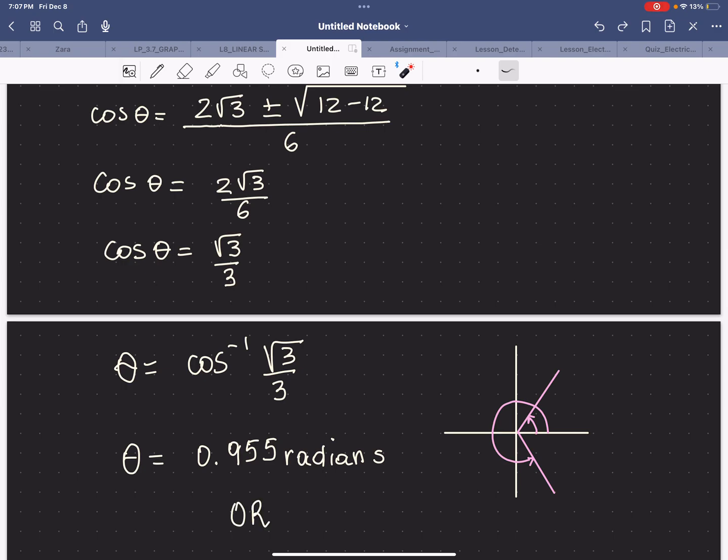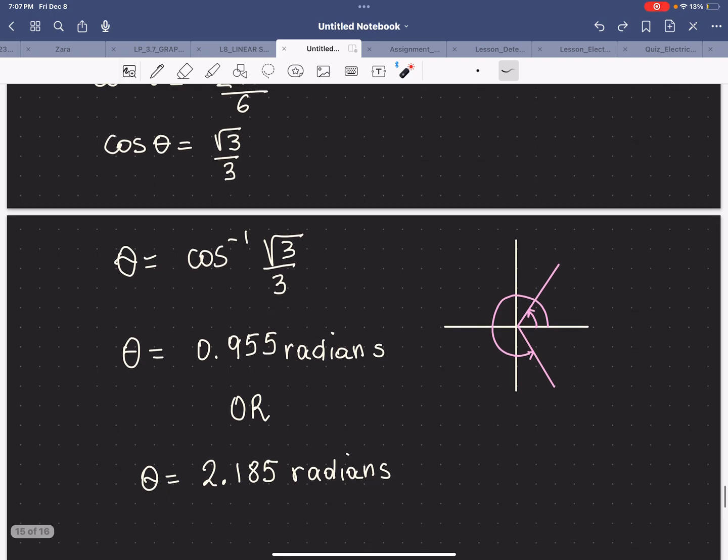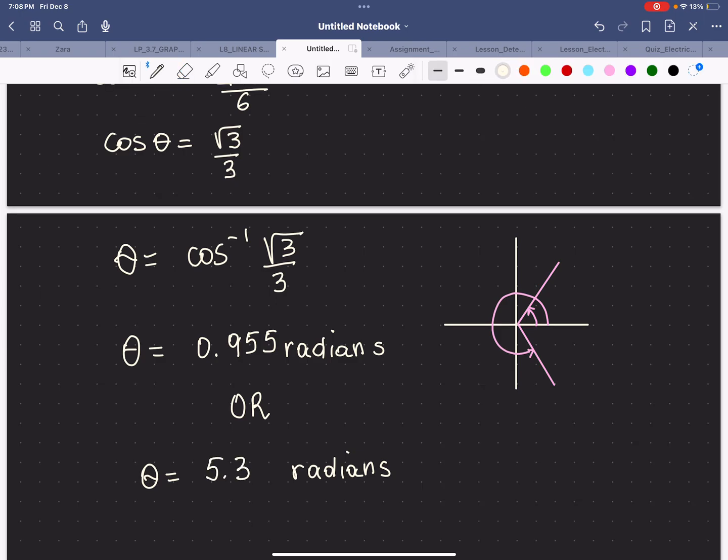0.955. So here we go. We're going to get the other angle, which is 2.185 radians. Give me 1 second here. So I have to double check this. So 2 pi would be 2 times pi. I'm trying to calculate this. 2 pi minus 0.955 is 5.33 radians. I knew something was wrong with this. We fixed it on time. There we go. So there are two solutions, either 0.955 radians or